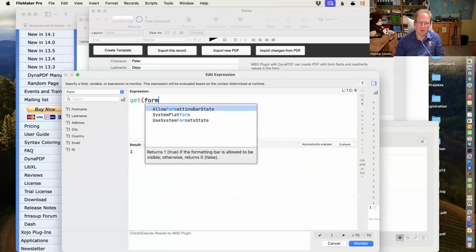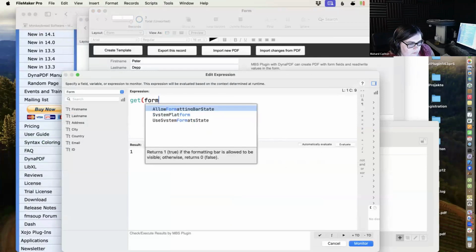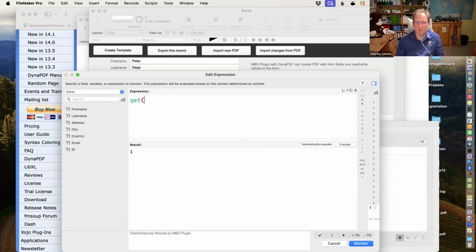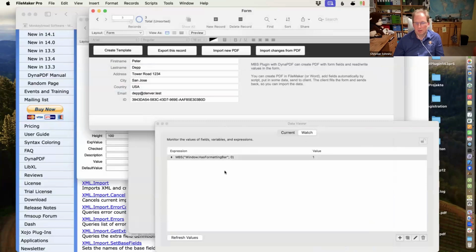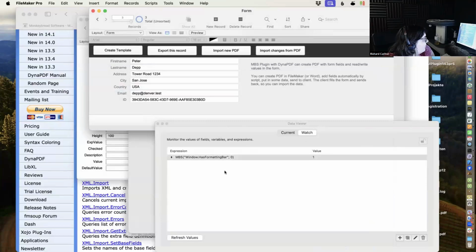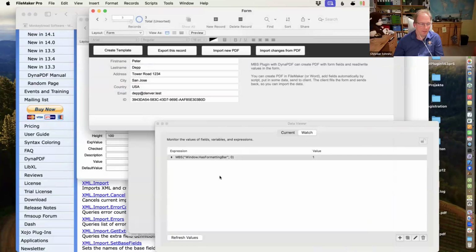But there are no functions for this. So there you go, after 35 years of FileMaker, we finally can see if we have a formatting bar.